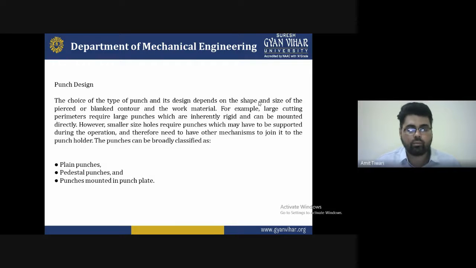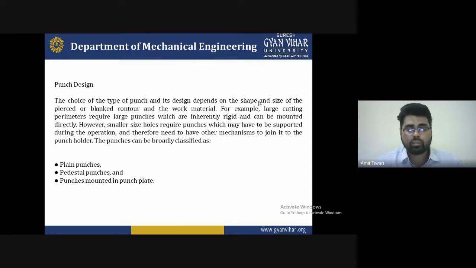So at that time we have to say that the plain punches and the pedestal punches have to be identified for the mechanism. So these are basically the introduction of the punch design, and it is now a very commonly popular type of technique which is adopted by you. You can also make some student projects regarding punch design, with successful machining and optimization, and you can do it to understand punching design and some parameter requirements